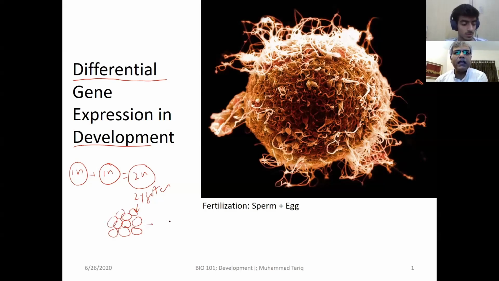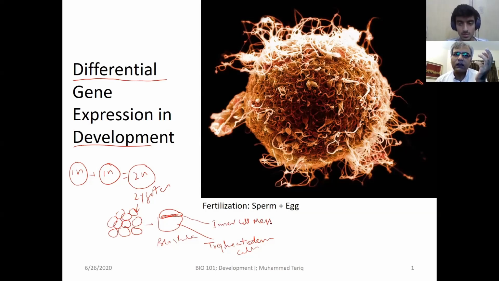and by the time it reaches the blastocyst stage, it gets divided into two major kinds of cell types. One cell type we said was the trophectoderm or trophoblast cells, and the other, which we also looked at in the video yesterday, is the cluster of cells referred to as the inner cell mass. All our body comes from the cells in this inner cell mass,